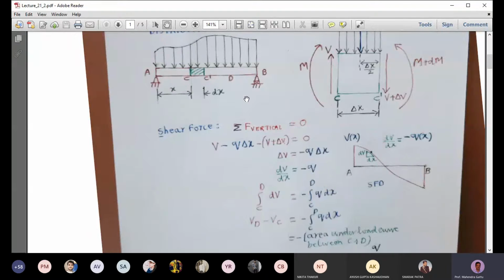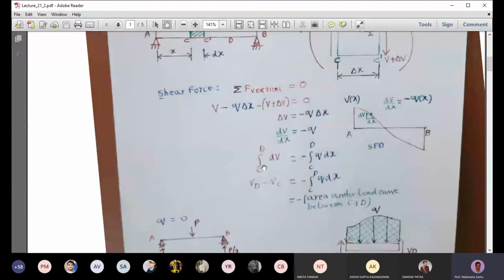So we will do this integral C to D dV, and here what will happen is minus we have to do the integration from C to D Q dx. So we'll get shear force at D minus shear force at C is equal to minus integral C to D Q dx. So what it means is